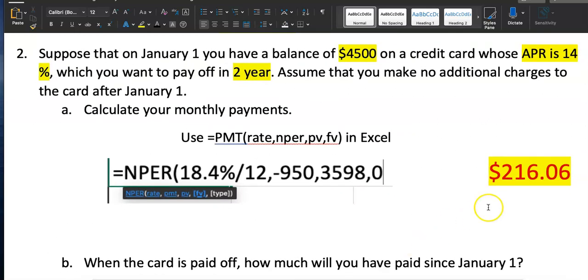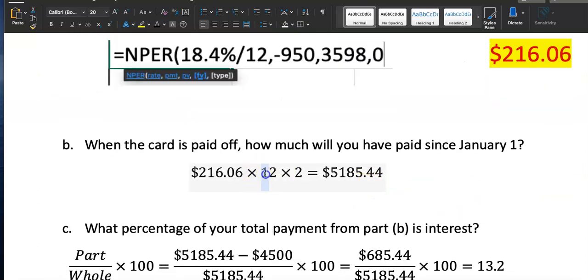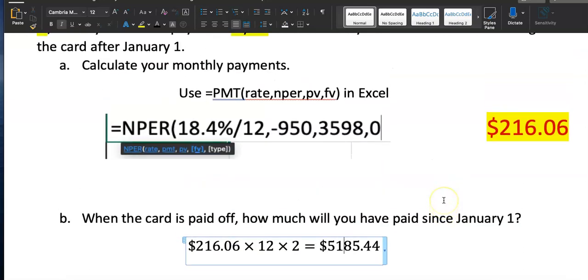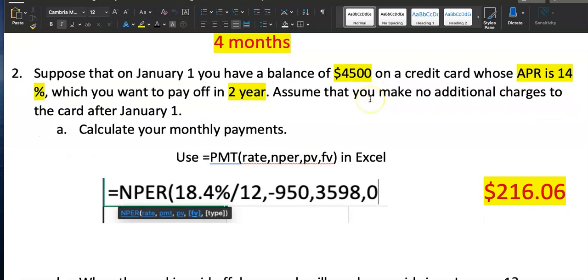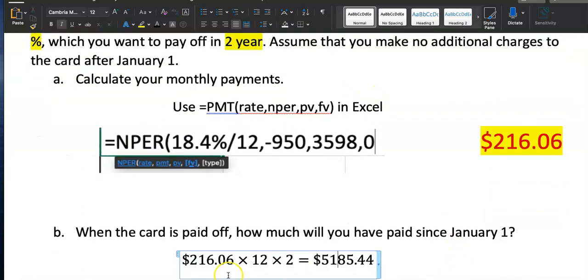Now, each payment is $216.06. How many of those payments did you just make? Well, we pay 12 payments per year for 2 years. So you can do that payment amount times 24, or 12 times 2. And that gives us $5,185.44. Now, this is definitely more than what we actually borrowed, right? We only borrowed $4,500 on this credit card, but we ended up really paying